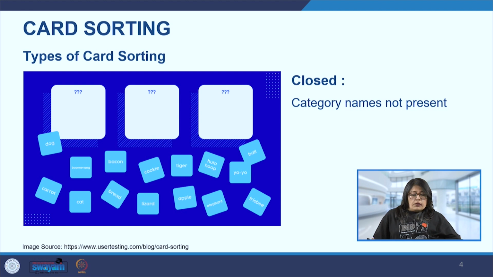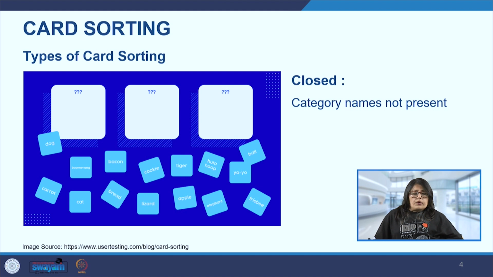Also, we need to know whether the users understand our labels or find them confusing. So this also tells us whether, with these headings that we have provided, the participants are able to understand what each stands for, and then are they able to sort the different cards accordingly, or is there something misleading about these headings which is leading to some kind of confusion amongst the participants. So that also gives us insights about the heading itself.